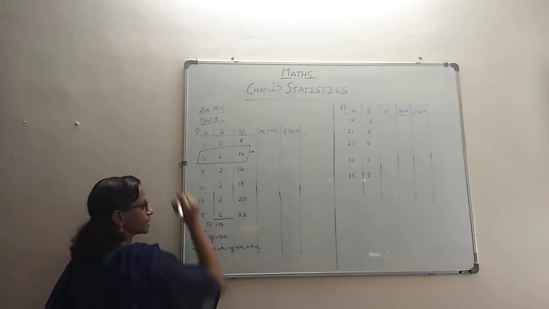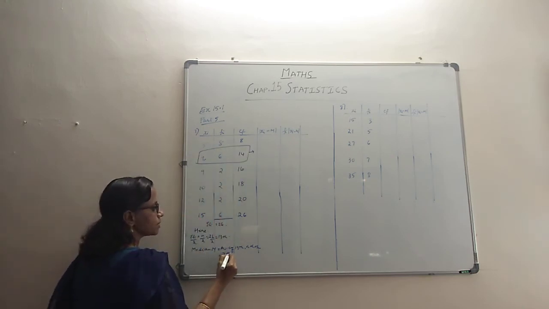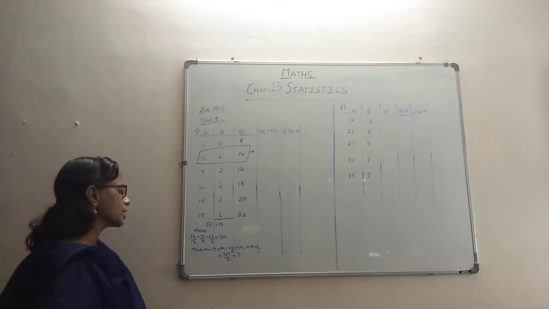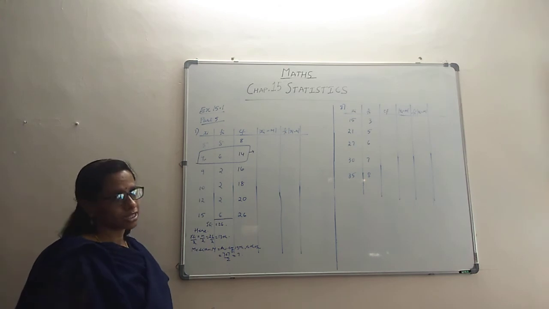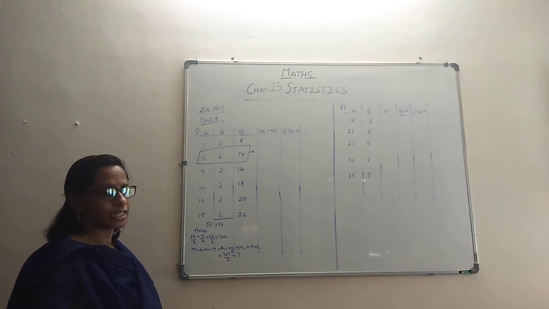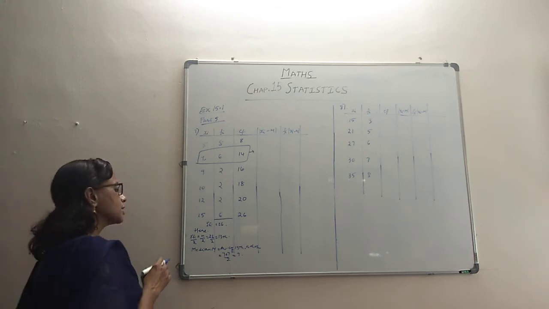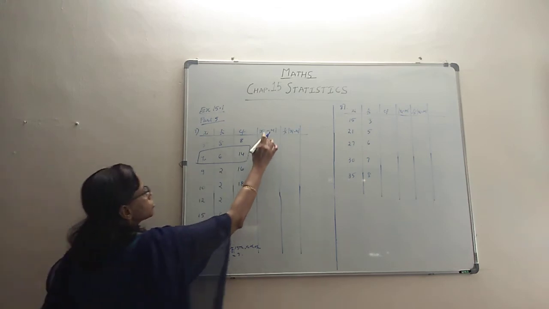We have to take this xi. So it is going to be 7 plus 7 by 2. That's 7 itself. When you have the same thing, the average will come the same. So the median has come to 7. This is how you find the median for a discrete data. We have not done much of this in our 9th and 10th. This is how we do it for a discrete data.